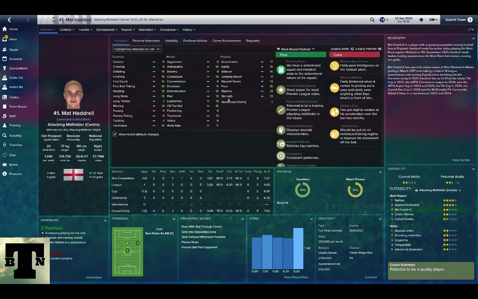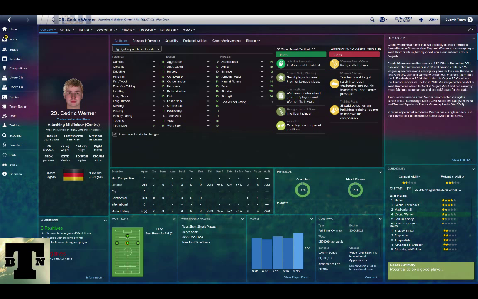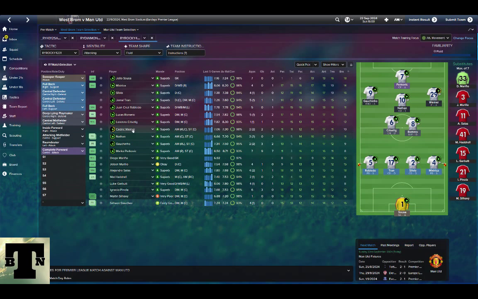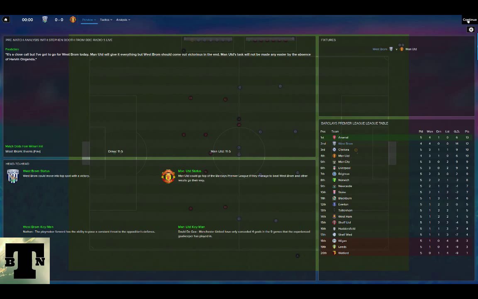Hadrell, crossing is 9. He's playing as an inside forward. Okay, I'll tell you what, Hadrell, I want you to attack this game. Both of you will be on attack, so I'm basically launching these two guys up forward. Cedric Werner is a bit better than Hadrell on that side of the pitch, so on the other hand, I will get Werner to play in place of Hadrell. Okay. Wow, Werner is not happy. That didn't look like a position he wants to be in. Never mind, it's only United.